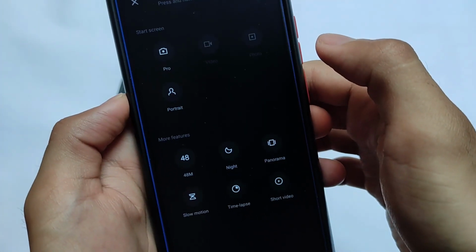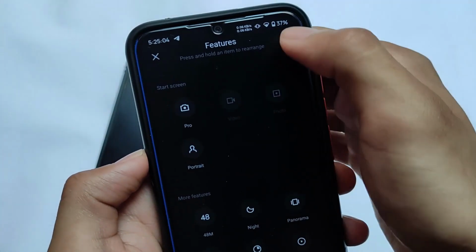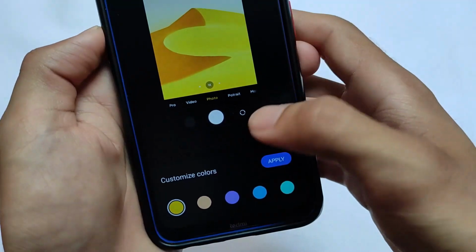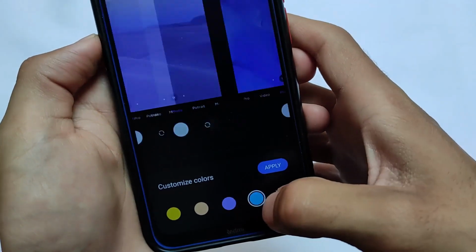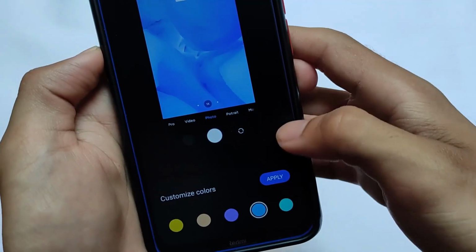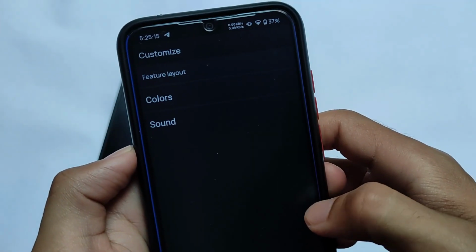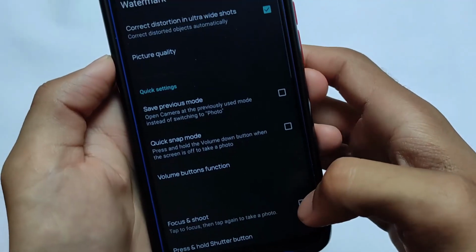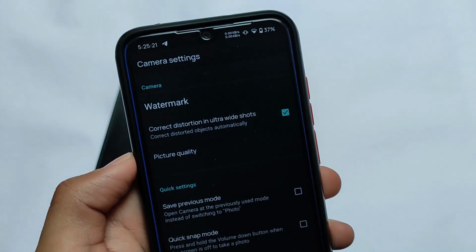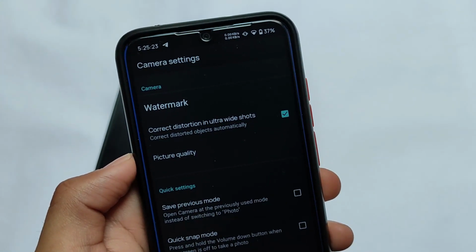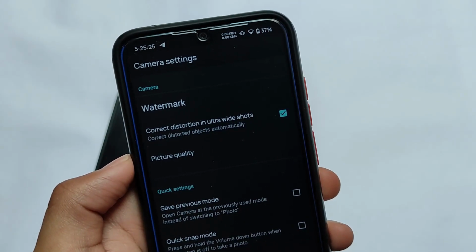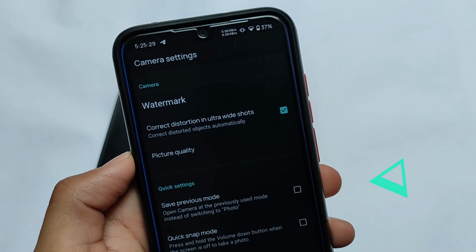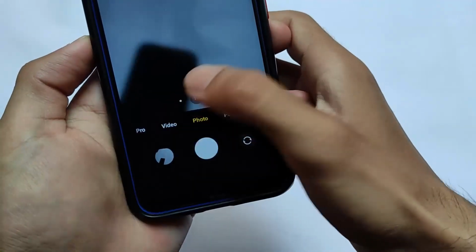If you're using a device which is perfectly supported for this, you will see every feature supported on your device. But if you're using any other device, and in some case ANX camera started working on your device, let's just check whether all the features are working for you. Maybe all the features will not work. Some basic features should definitely work, like camera, photography, ultra wide, video mode, macro, slow motion, etc. You can try out all these features on your device, but everything else is just the same here in this build which I have tried till now.